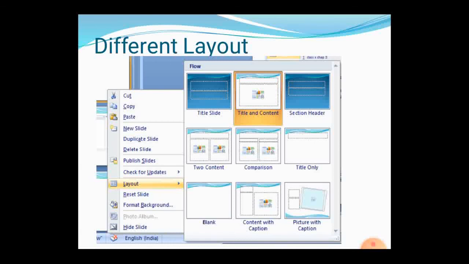The layouts include title slide, title and content, section header, two content, comparison, title only, blank, content with caption, and picture with caption. All these are the layouts of the presentation.